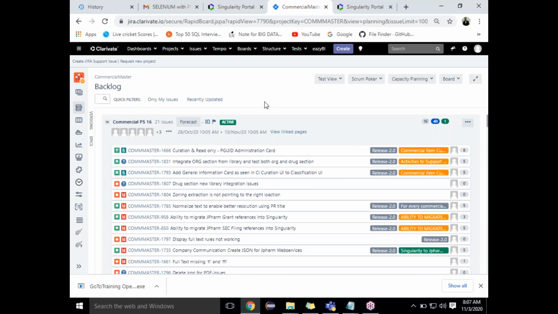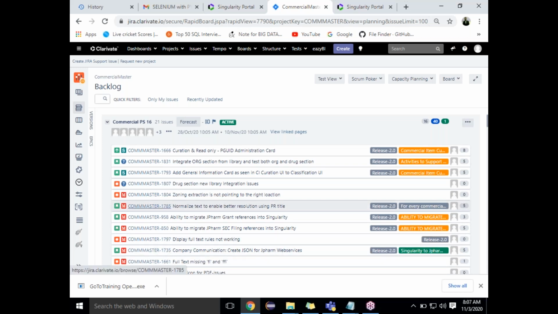Stories are nothing but requirements. So they will give you requirements like this. They are saying there will be a general information card as seen in the QA curation to classification UI, or a normalized text editor with a better PR title. So they were asking for a proper PR title.